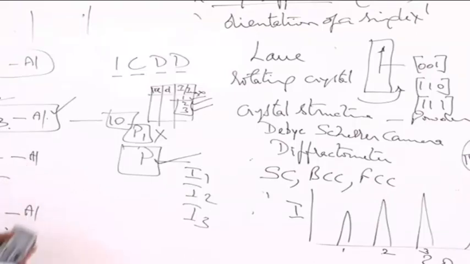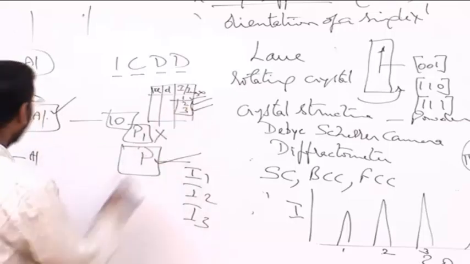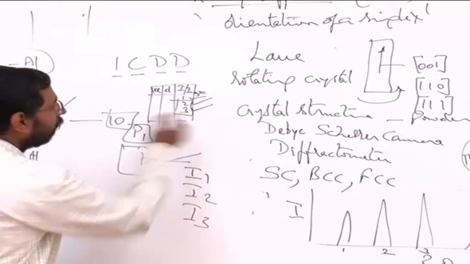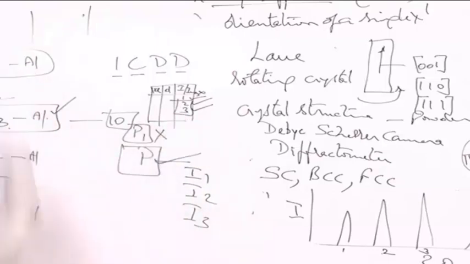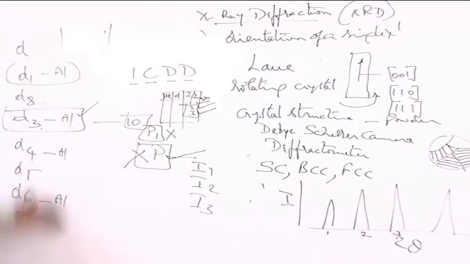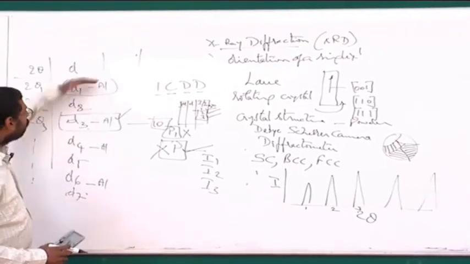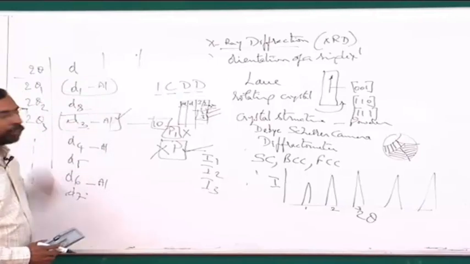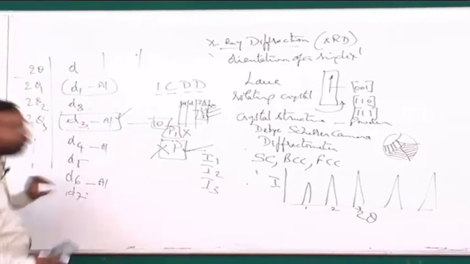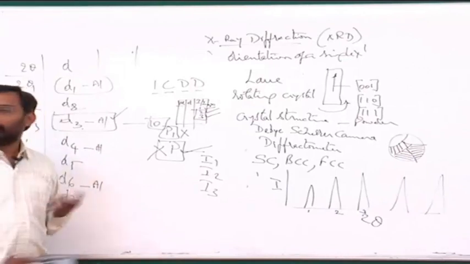Like that, we should first look at it. For example, the most intense peak of this particular phase is matching, but the second and third most intense are not matching with any of these peaks. That means this phase does not exist. So I should go to some other phase and see whether it is matching. After matching it, I will first identify that particular phase and identify all the peaks corresponding to that phase. Then start looking for the remaining peaks. It's a little tedious task, but there is no other solution.